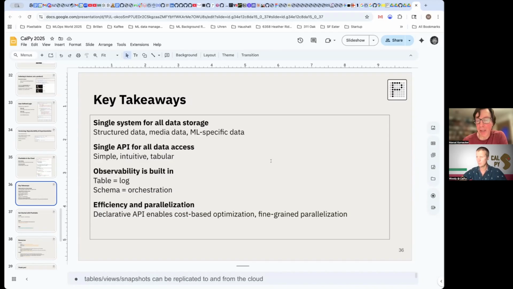Another aspect is that because the system understands the computation and the dependencies between the computed columns, it can also parallelize the DAG evaluation and basically achieve minimum latency and maximum throughput.